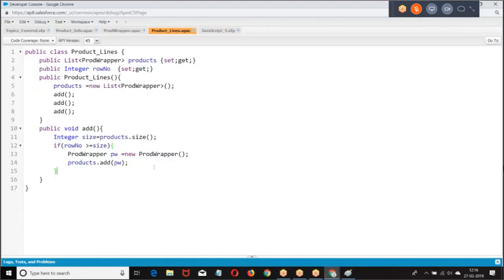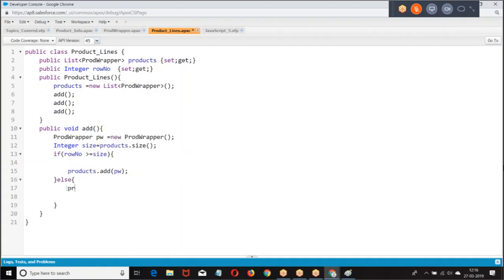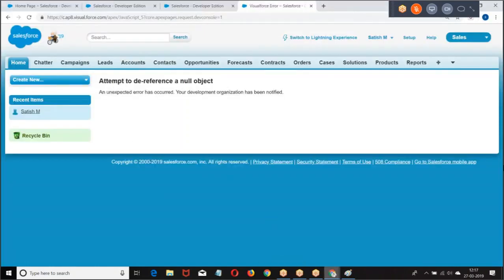Now, else: list dot add row number plus 1 comma p2. When you say add, it is automatically added at the last position. Now if you want to add at a particular position, row number plus 1 comma p2. Okay. Now how do you pass the row number?